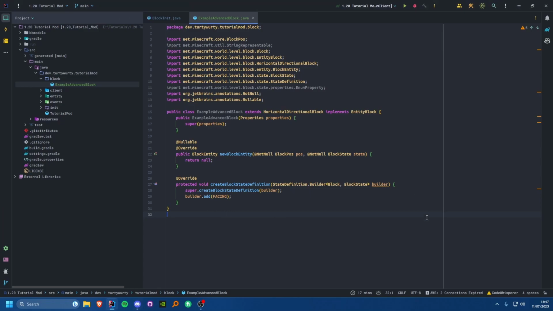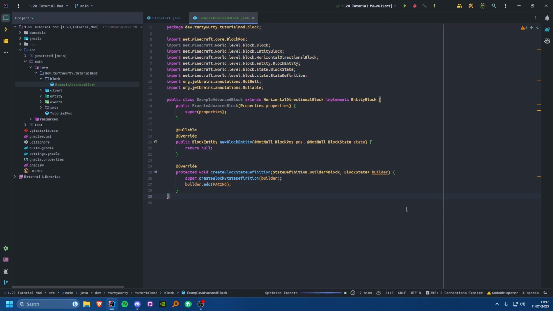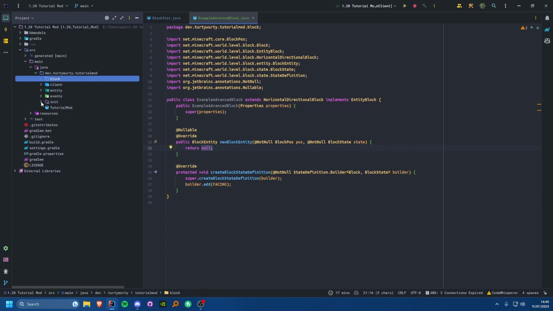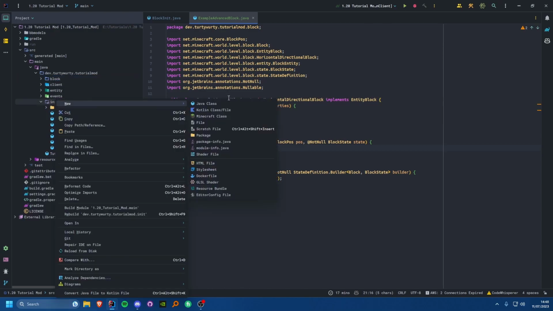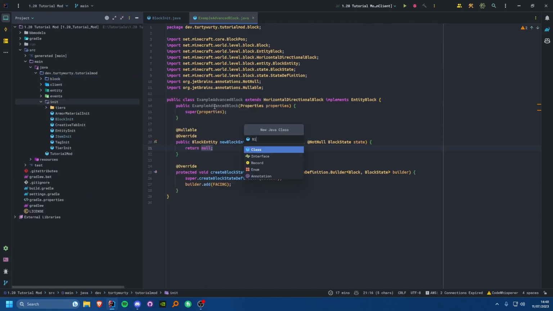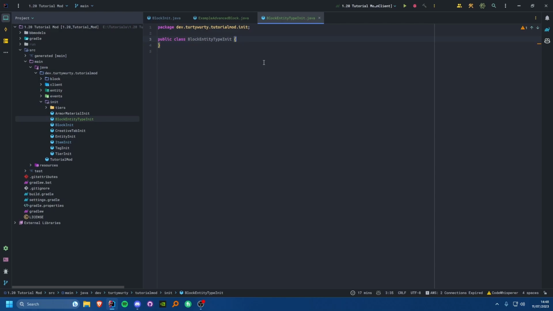Okay, moving on. So we can go back to block entities now. We need to actually create a block entity that we can return in this new block entity method. So first of all, block entities do need to be registered. So as you can probably guess, we're going to come into our init package, and we're going to go BlockEntityTypeInit, and this is just going to have your usual. In fact, I'm not going to have the type part because with entities we didn't have the type.